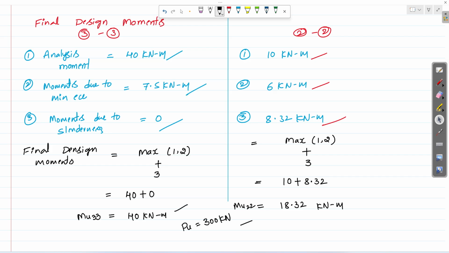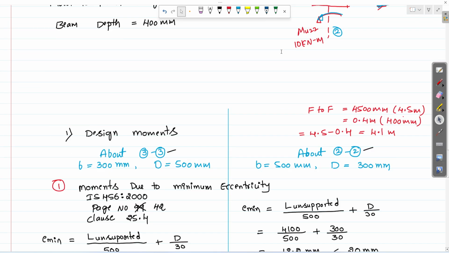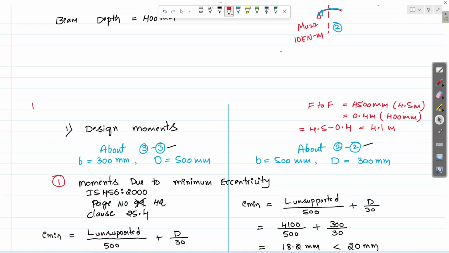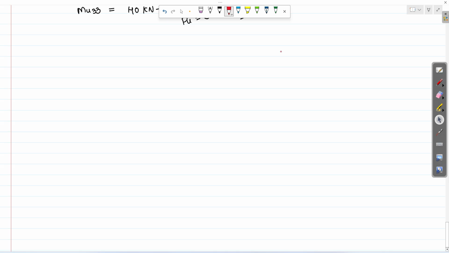So these are your design moments. So this is the first step in column design, calculation of design moments. So next, second step will be